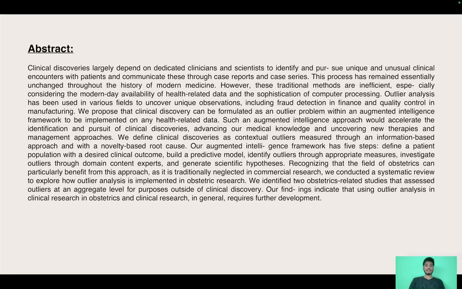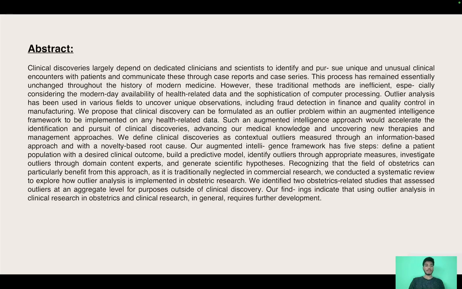Clinical discoveries largely depend on dedicated clinicians and scientists to identify and pursue unique and unusual clinical encounters with patients and communicate these through case reports and case series. This process has remained essentially unchanged throughout the history of modern medicine. However, these traditional methods are inefficient, especially considering the modern day availability of health related data and sophistication of computer